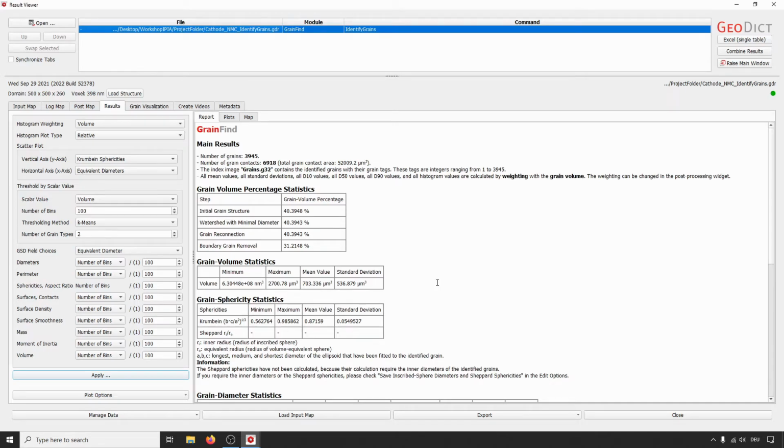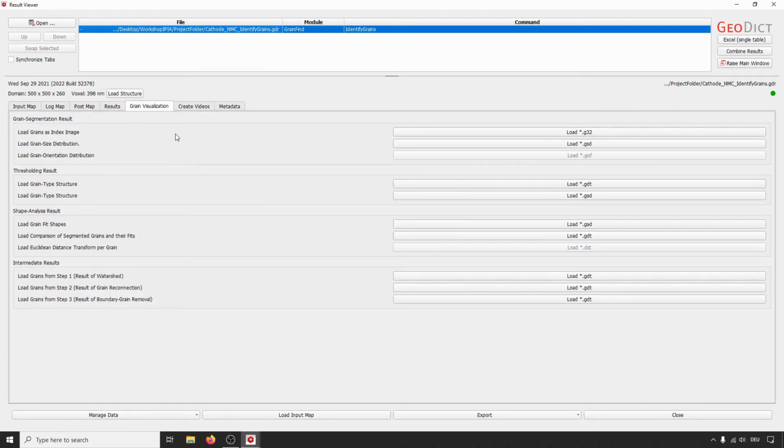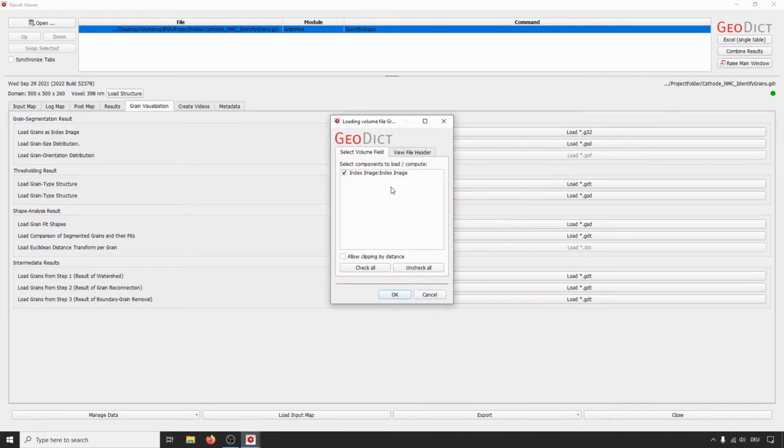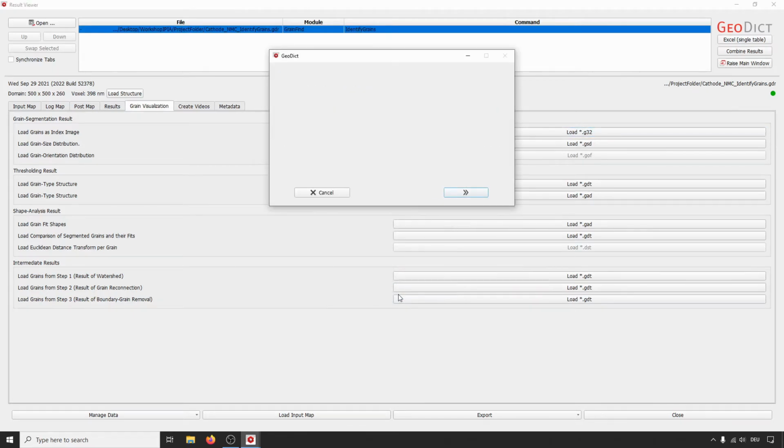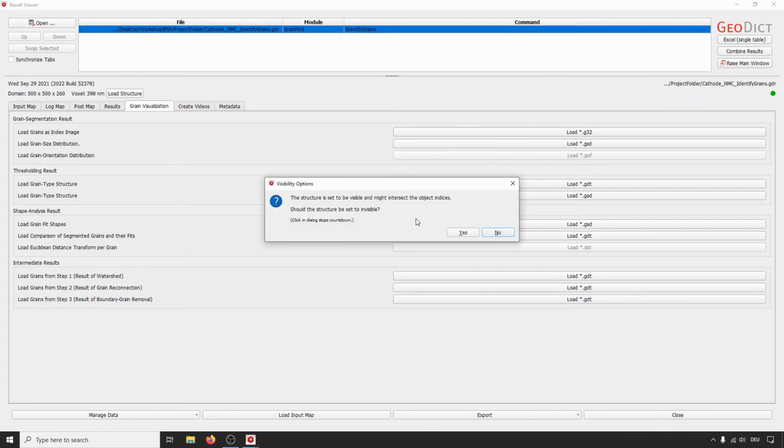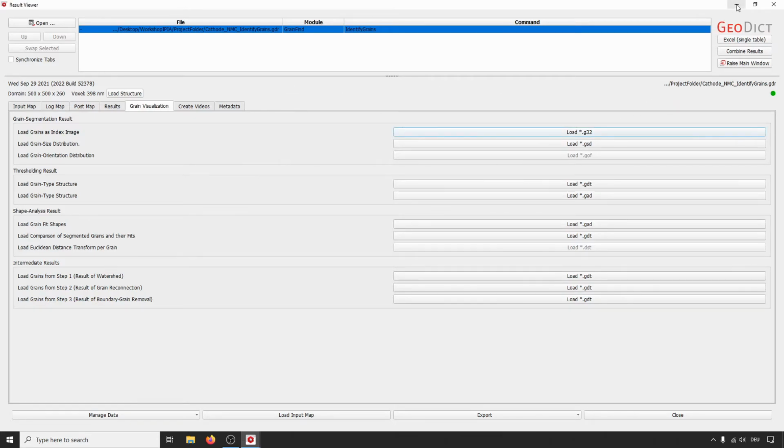But we want something to see, so therefore we switch to the grain visualization tab up here and select the grain segmentation result here and load the grains as index image. So click here on load G32. Keep that checked and click OK. And now it asks if we either want to see the structure or see the volume field that we loaded. We want to see the volume field, so we click yes at the question if the structure should be set to invisible. Now we minimize the result viewer